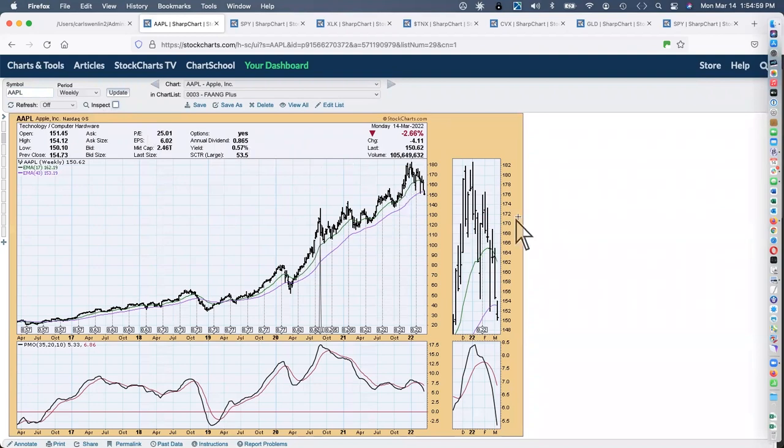I can be totally wrong on that, of course, but at this point, I see some support maybe at 140. But still, it seems more likely to me the 110, 120 level, possibly 100, just looking at the support levels there. But yes, that was a question: how far down could it go? And I was like, a lot further. If it goes back to a PE of 10, which is not really typical for tech stocks, with an EPS of 6, that means about 60. I don't know if that's going to happen, but we're not looking good at this point